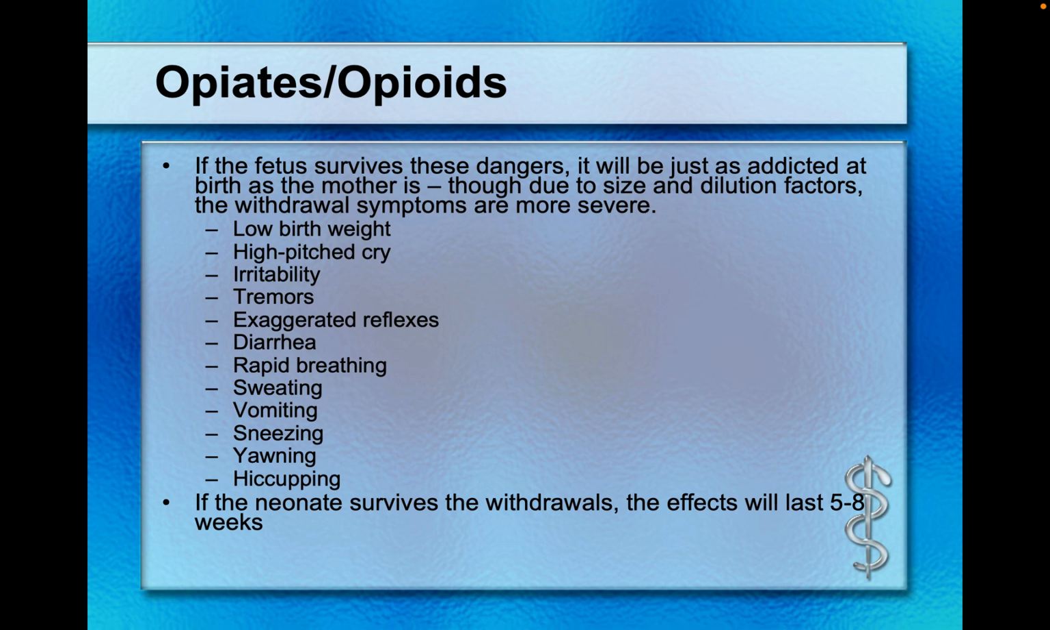Low birth weight, high-pitched cry, they sound like a cat screaming. Irritability, tremors, exaggerated reflexes, diarrhea, rapid breathing, sweating, vomiting, sneezing, yawning, hiccuping. This is a continued problem. I saw this. I worked at a children's hospital in Omaha in the 80s when we first started seeing, it wasn't heroin addiction. At that time, it was cocaine and crack. And we saw the first crack